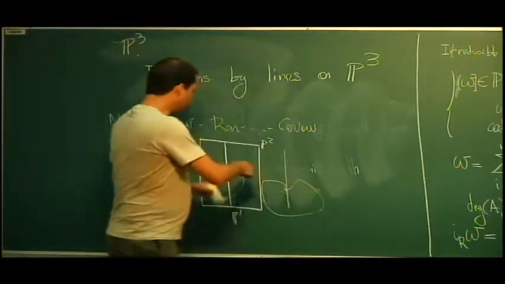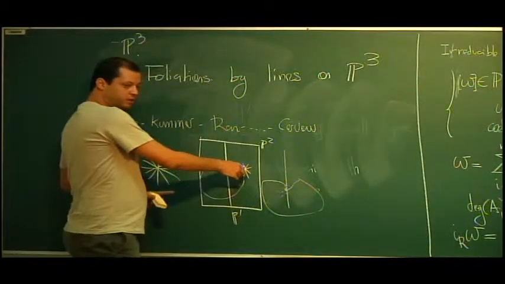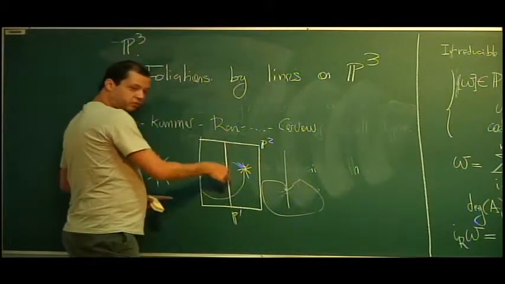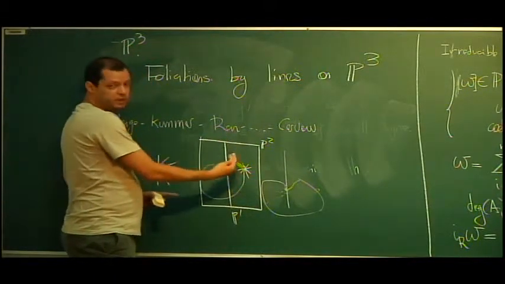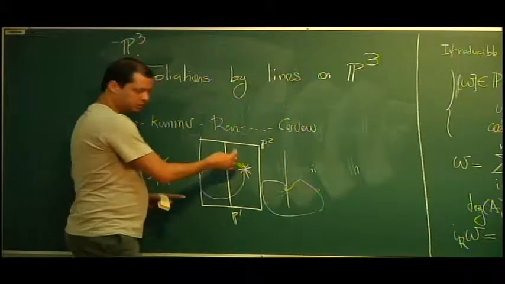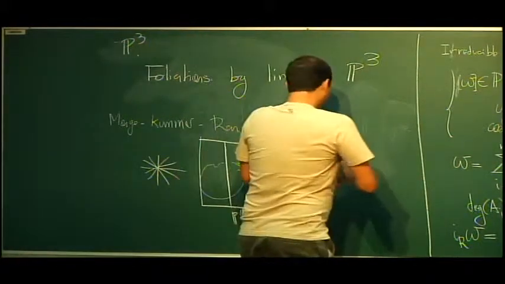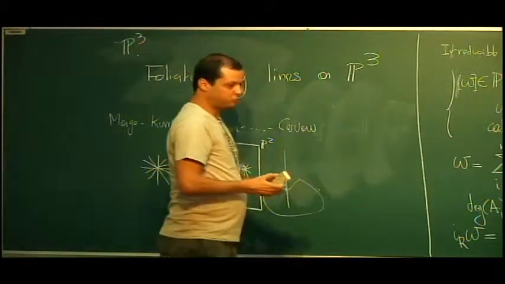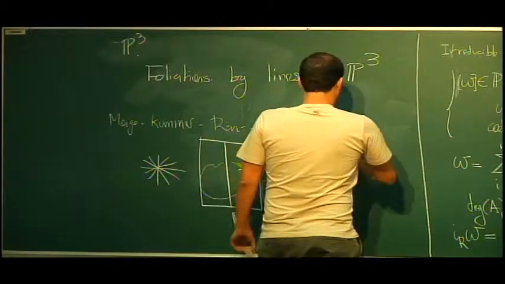Of course, in this construction I'm not assuming that this point is outside the line. It can travel also along the line. It would be very degenerate. But we have this. And there is, of course, the nicest one, which is you take the